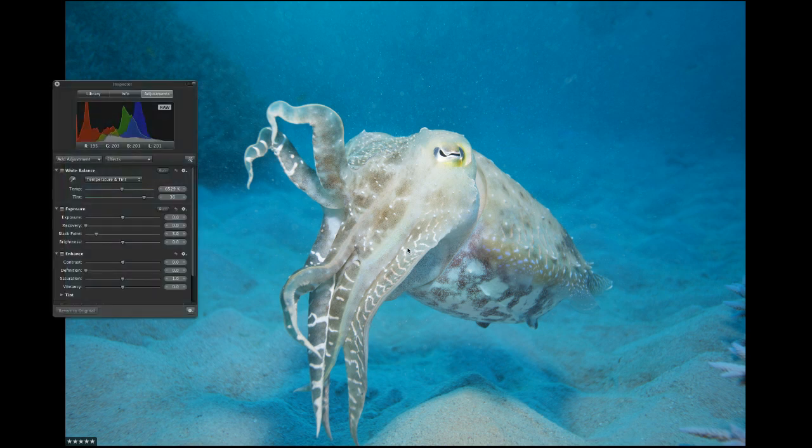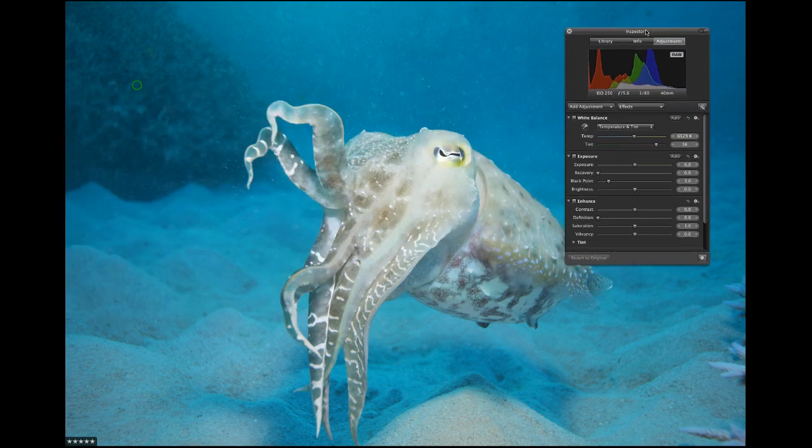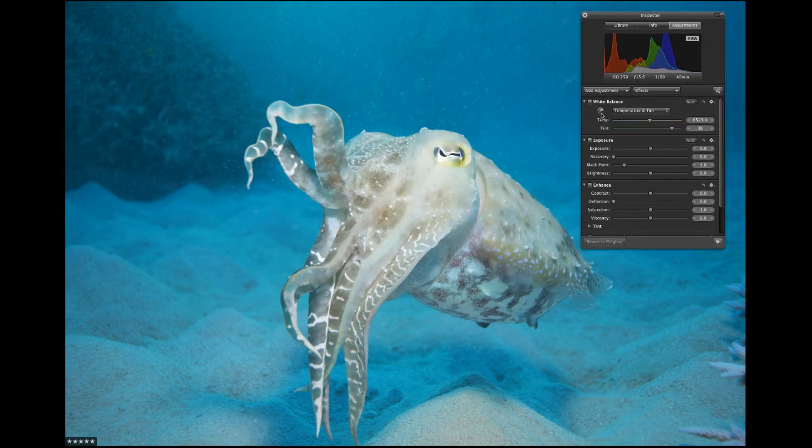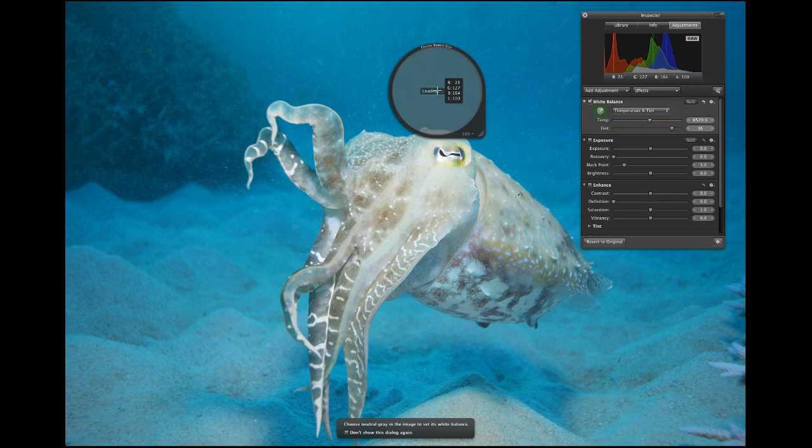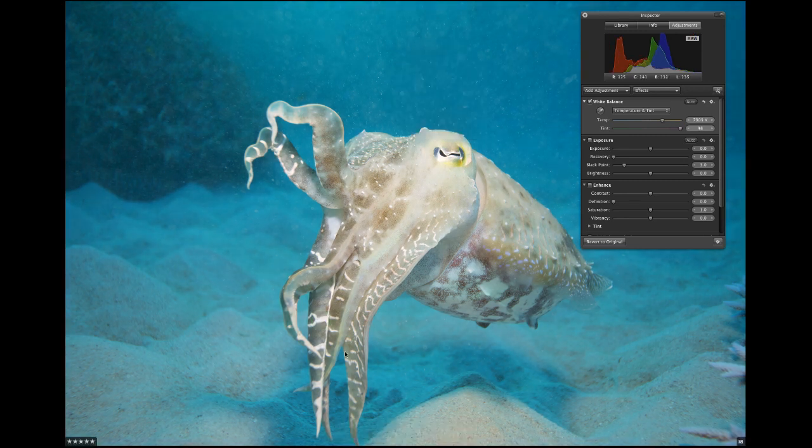But first of all, what I want to do is come down to my white balance tool and choose an area which I actually think should be close to white, because your camera finds it difficult when you're underwater to choose the correct white balance setting. So I'm going to grab my little dropper tool here and take the guess that this part of this cuttlefish should have been white. Clicking on that, that's automatically changed all of the rest of the colors